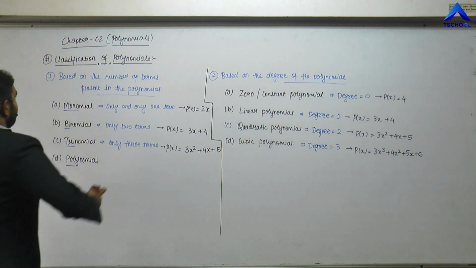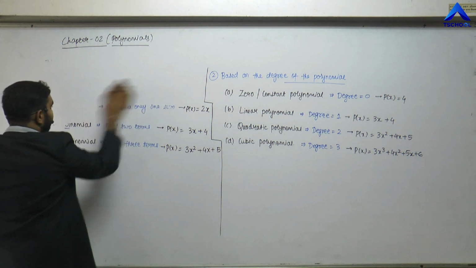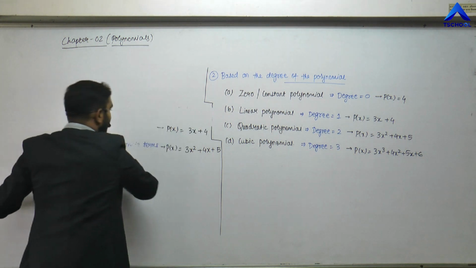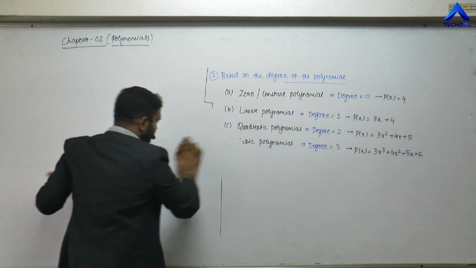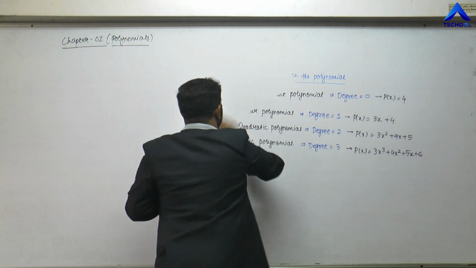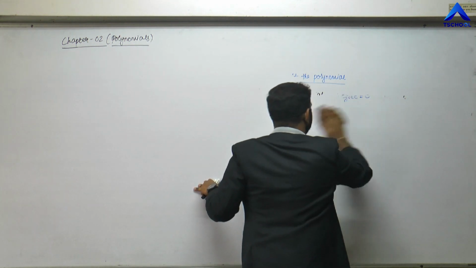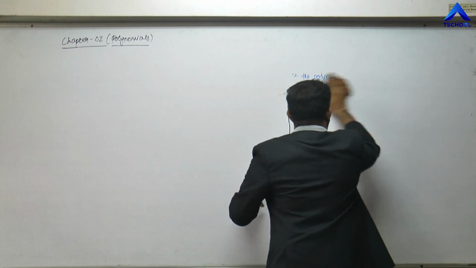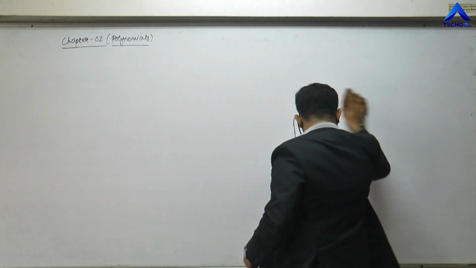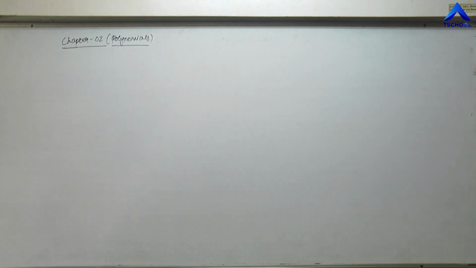Okay, friends, now that we have completed the classification of the polynomials, let us quickly recall what we have studied till now. The first thing was the definition of the polynomials. Then we studied the coefficients, the number of terms present, how a term is formed. Then we also studied the classification of the polynomials and how to find the degree of the polynomials. Now